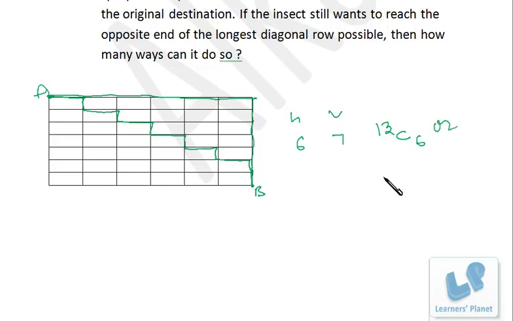Or you can select 7 vertical steps. So 6 horizontal steps will be correspondingly automatically selected, right? So either this or this. Coincidentally, both of them have the same value, and it is but obvious also. Number of ways cannot be changed, right? So 13C6 or 13C7. This is one way. What we are doing, out of the total 13 steps, we are selecting 6 horizontal steps and corresponding all vertical steps will be selected. So that is 13C6 number of ways.